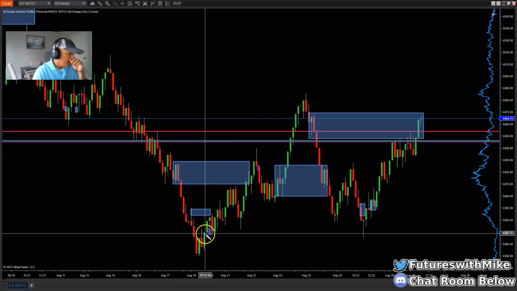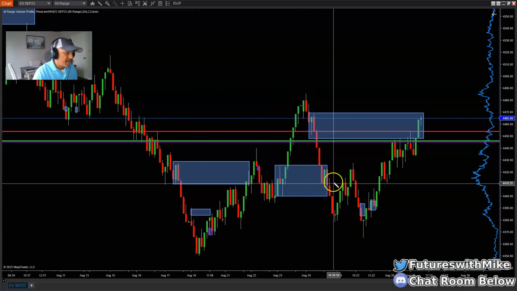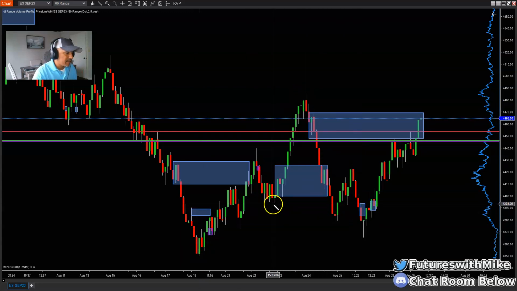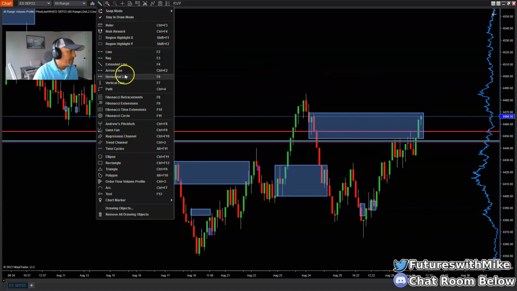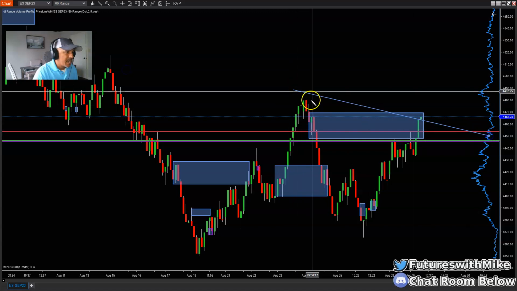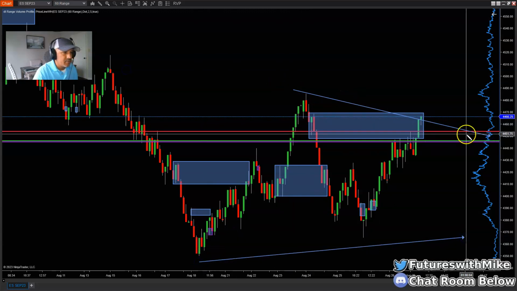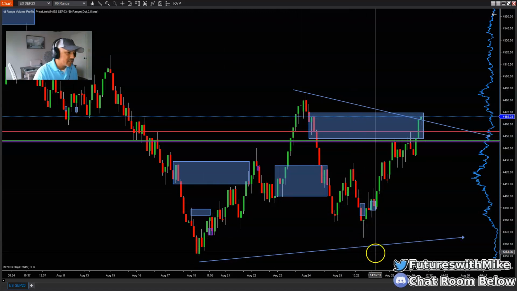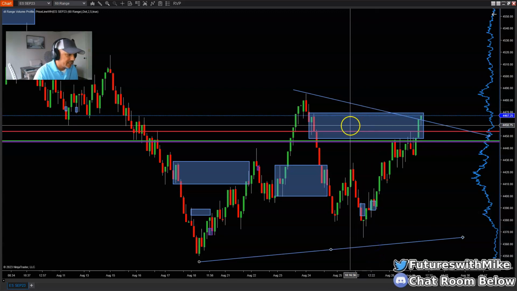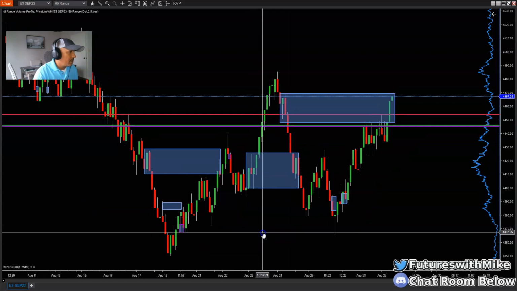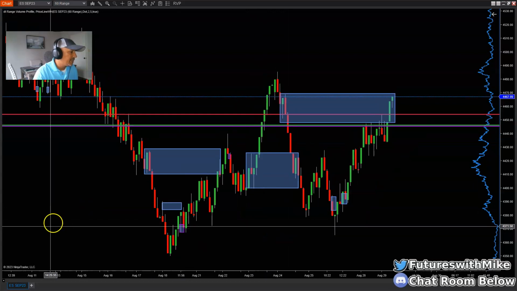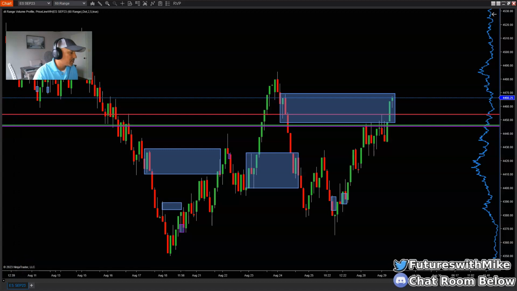Now we do have a move where price pushed up and retraced pretty deep. It did take out some structure right here, and it could push higher. But ultimately, like I just said, we're in this wedge where there's a high resting right here and a low here. So price is wedging. That means it's moving sideways right now. So be careful when price is doing things like this, trying to get you trapped, because that is a technique they use to trap traders or stop traders out.